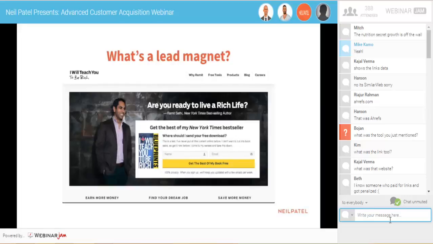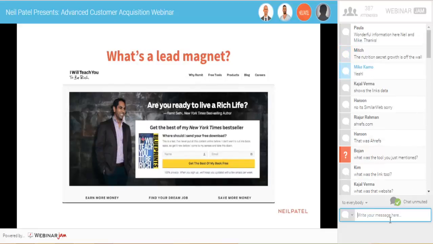So this is an example from I Will Teach You to Be Rich, in which Ramit Sethi, who once wrote a book, and the book's really great, it's called I Will Teach You to Be Rich as well, gives away a chapter if you give him an email address. So you put in your name and your email, you get a chapter, and he collects emails. And then every time he does a blog post, he'll email back to you, or every time he's selling something,